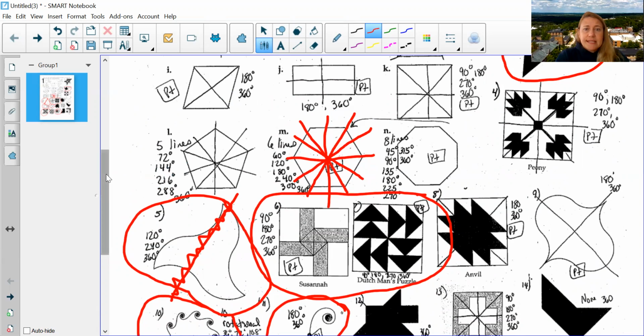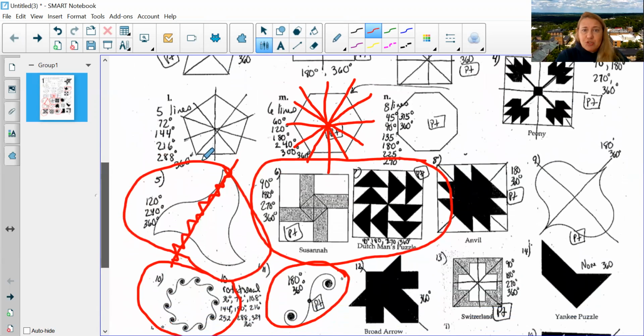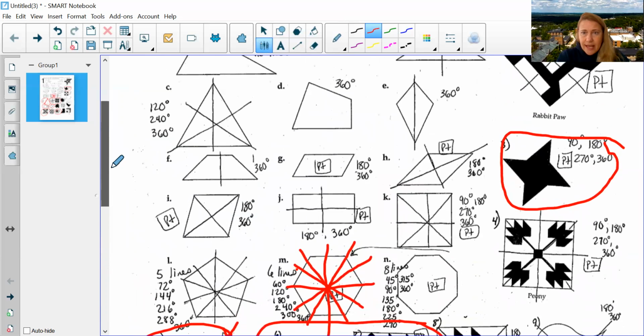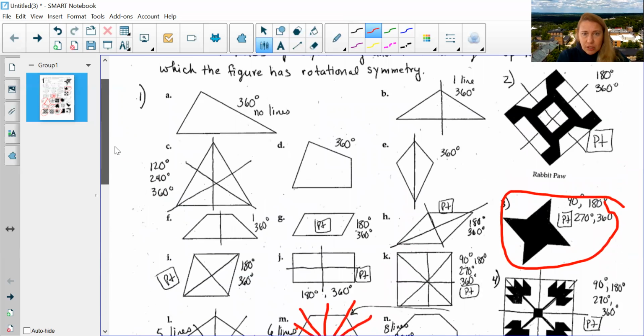So notice if I have line symmetry and rotational symmetry, then the number of lines of symmetry has to equal the number of rotational symmetries. All right, so notice that on all of the examples that I did not circle, every example that I did not circle has